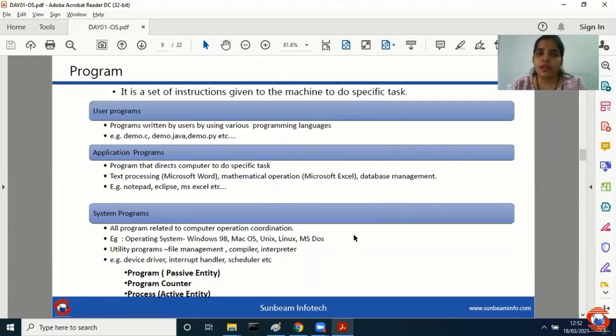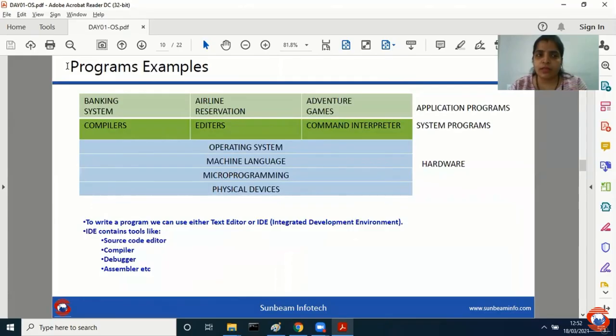All right. Now, everyone is aware of program examples, maybe application programs, system programs, hardware, and so on. Application programs are all the applications that you use. System programs are editors, compilers, and interpreters. Different hardware, maybe operating system, your machine language, different microprocessors are available. There are different physical devices available in your system that come under the category called hardware. Now, to write the program,